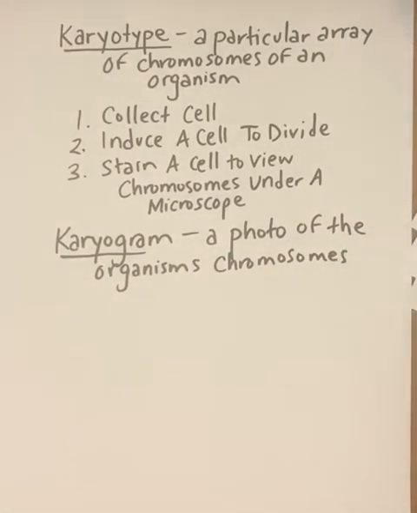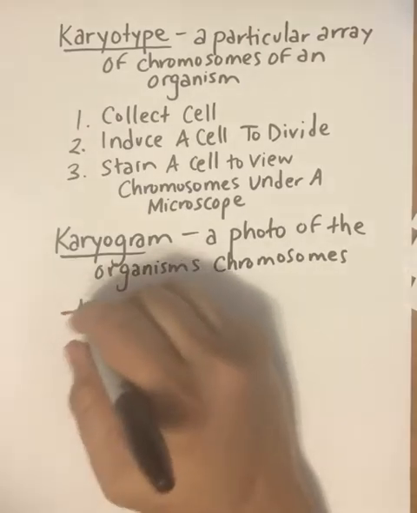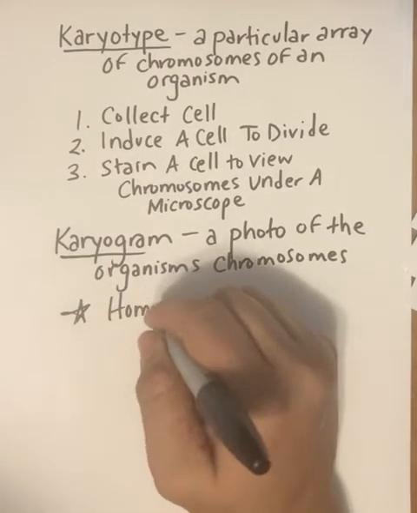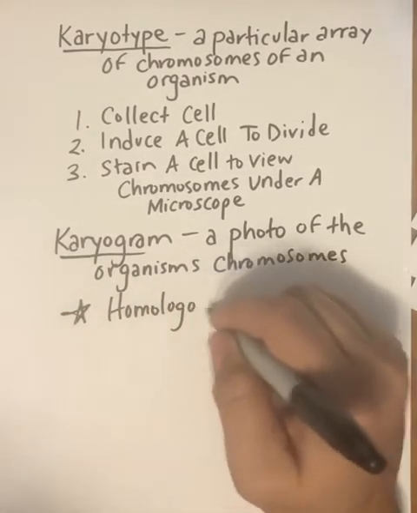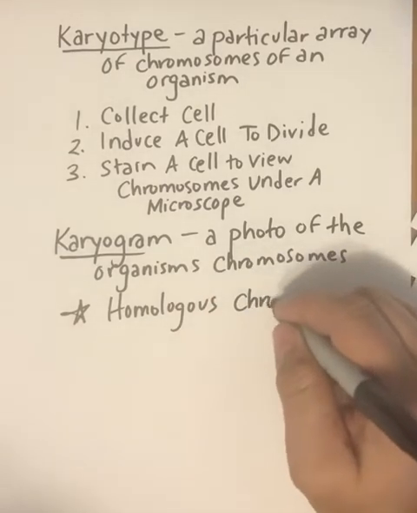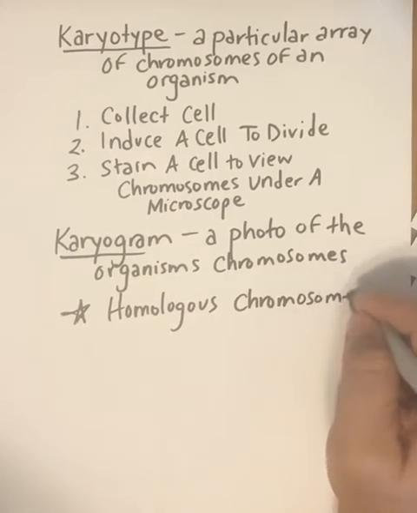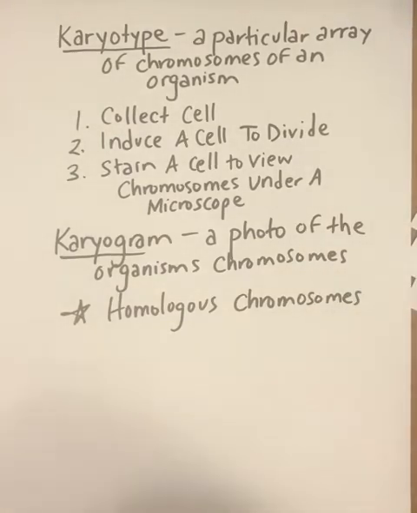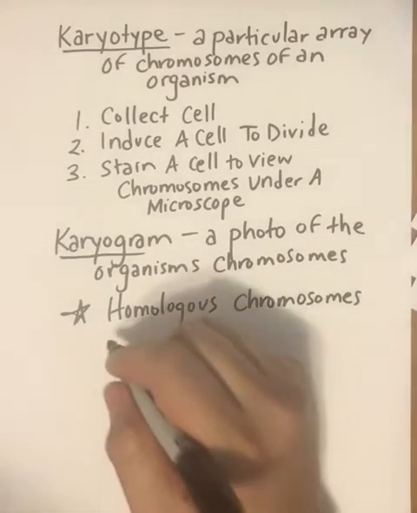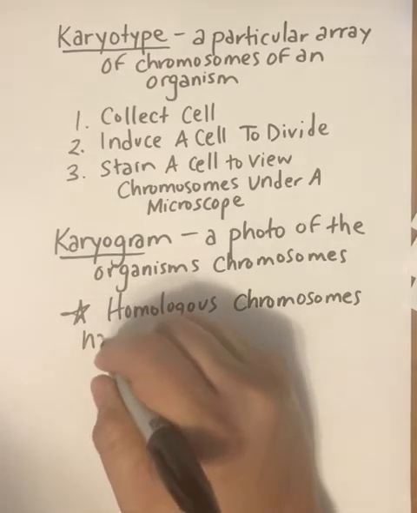And in this karyogram, your homologous chromosomes, which are chromosomes from your mom and dad that are of the same size, same shape, are going to be sorted and paired